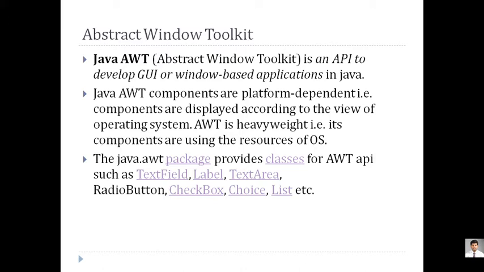Now, as far as the package is concerned, there is only one package which is responsible for displaying the component on the screen, that is the java.awt package. Now, this AWT package contains different classes. This AWT component is nothing but an API, a package that contains a list of classes. And when you want to display a text box, you have to use a class called TextField. So based on each component, there are different classes we have to use. We have to call those. We have to create an object of those classes, and then only it will be visible on a screen.